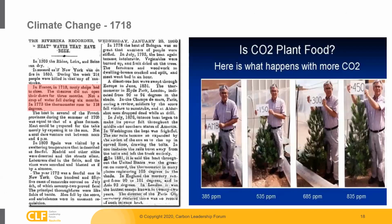And this, as my last one, 1718, many shops had to close. The theaters did not open their doors for 3 months. Not a drop of water fell during 6 months. In 1773, the thermometer rose to 118 degrees. And on the right, you can see a nice scientist who showcases what CO2 might do as well. As you can see, the number on the screen that he shows next to the tree is the number that was increased in